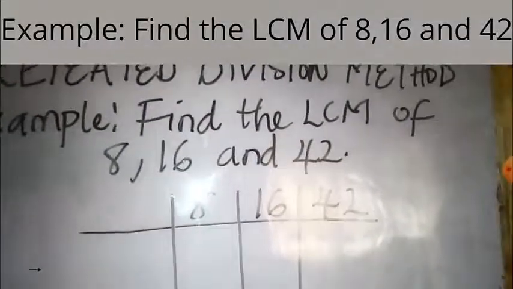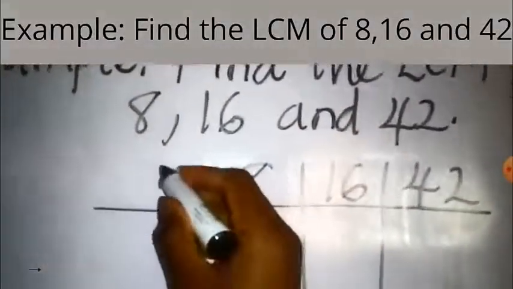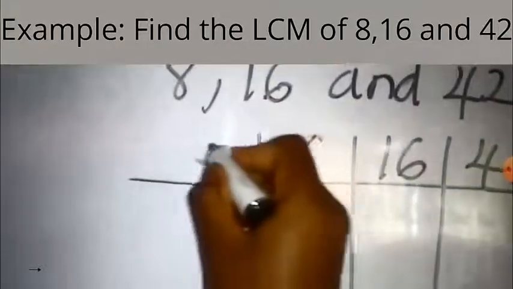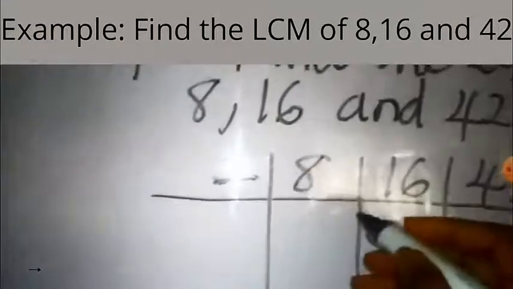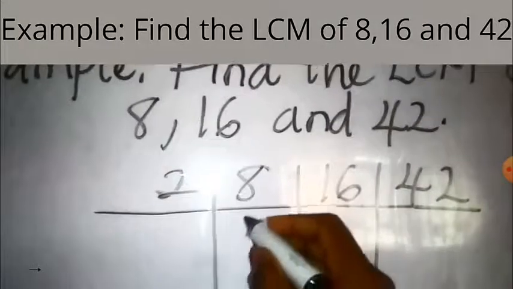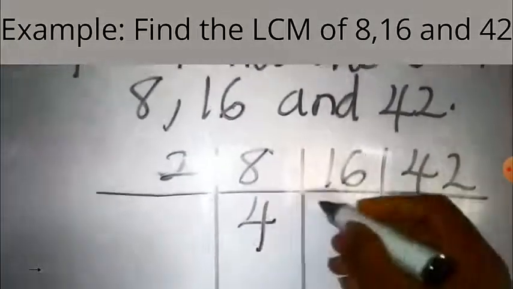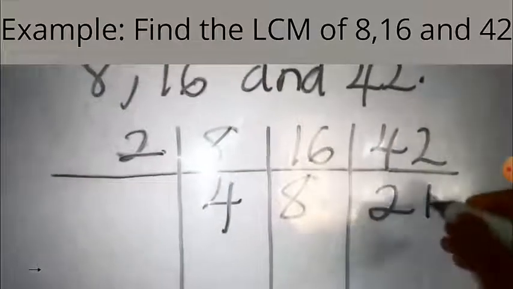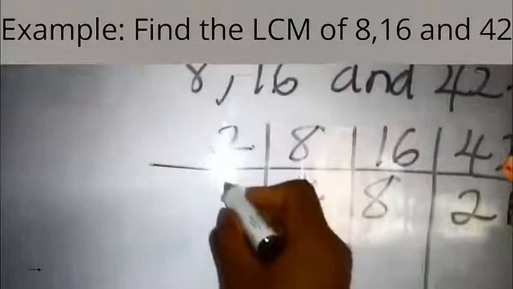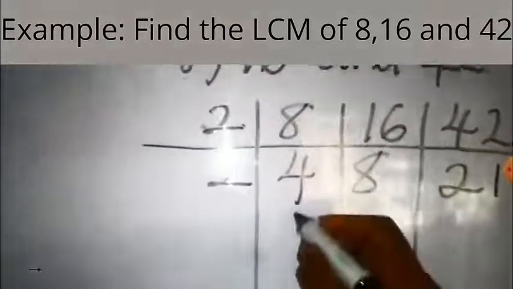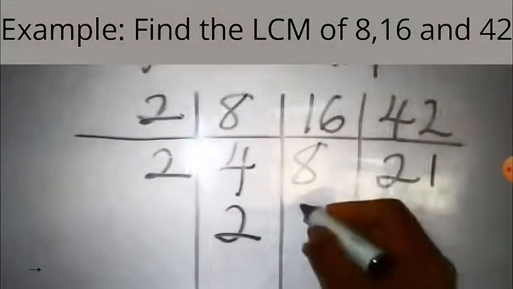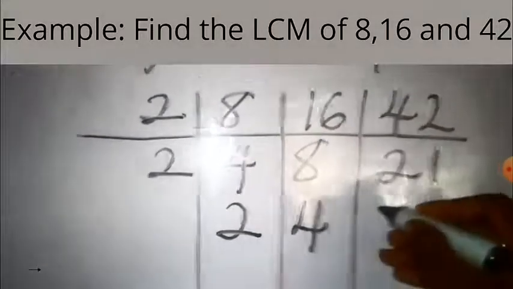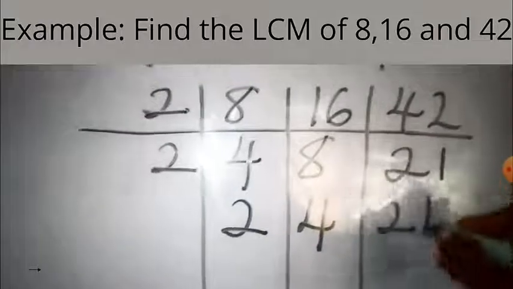Now 2 is the smallest prime number that can go in this number. So we have 2 goes into 8, 4 times, 2 goes into 16 8 times, 2 goes into 42 21 times. Now the next smallest prime number that can go is 2 again. 2 goes into 4 2 times, 2 goes into 8 4 times, and 2 cannot go into 21 without remainder,